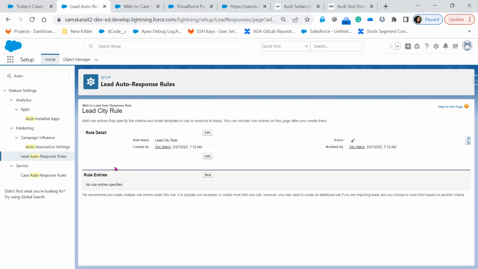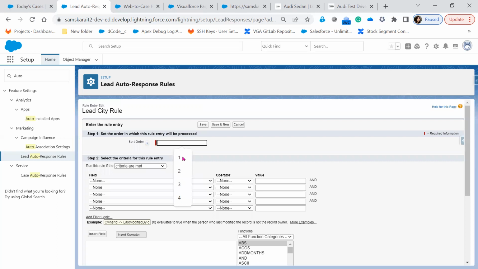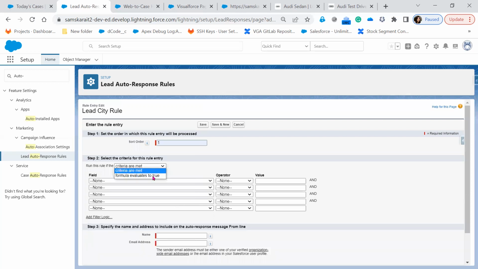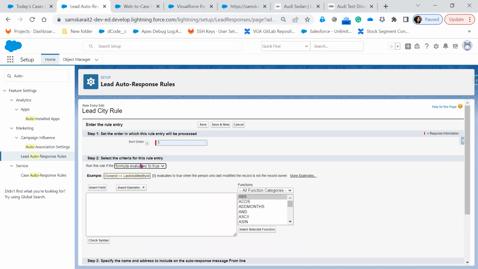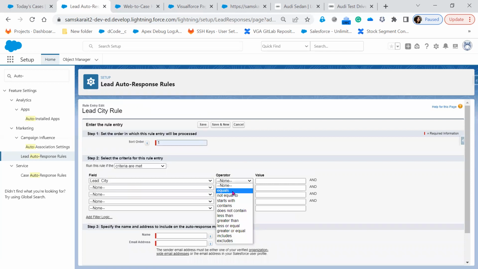So in the auto response rules, once you create the lead Web-to-Lead auto response rule, it is going to ask for a rule entry. At least one entry should be there. If you click on New, it is going to ask for the sort order, similar to the assignment rule. So select sort order one, and for criteria, either check formula evaluates to true, which means by default I want it to be true, or I want a condition here: lead city equals